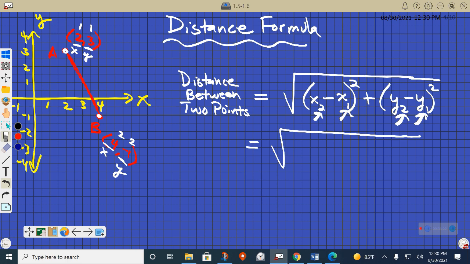So here's my 2 points right over here on the left. Which one's my X sub 2? Well, the 4. Nice, there it is. Look at X sub 2. I assigned that X coordinate the two subscript. So here we go. 4 minus my X sub 1, which is right up here, the 2. Put that in parentheses, square that puppy, plus